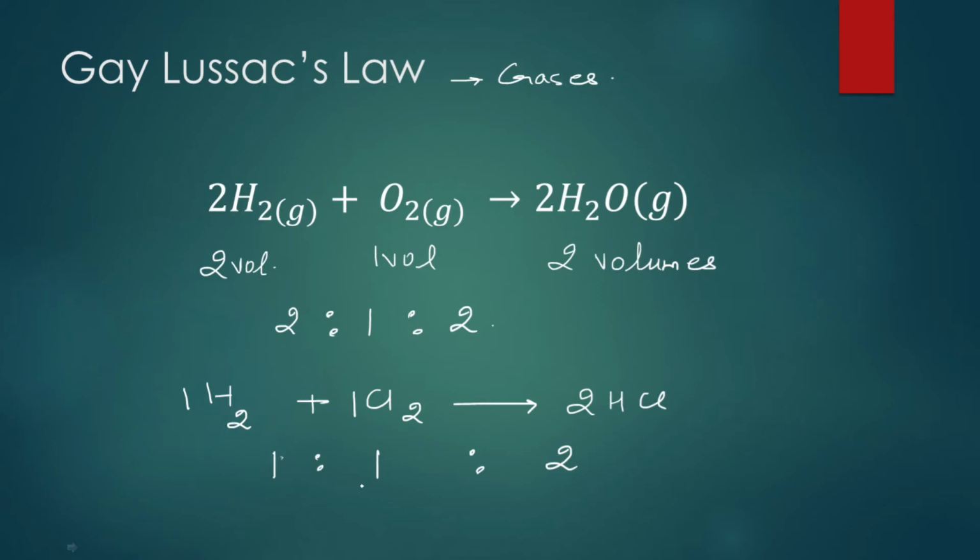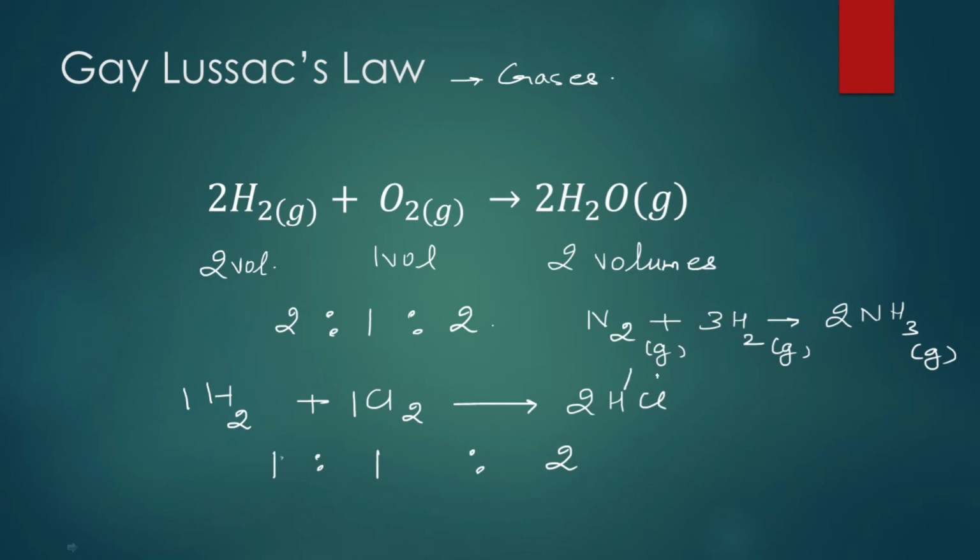Similarly, we can take another example, that is an example of formation of ammonia. अगर हम लोग ले रहे हैं N2 plus 3H2 giving us 2 moles of ammonia. So all of them, remember all of them, they have to be in the gaseous state. सारे के सारे gaseous state में होते हैं. तो क्या यहाँ पे according to Gay-Lussac's law whole number ratio होना चाहिए reactants और products का, guys?